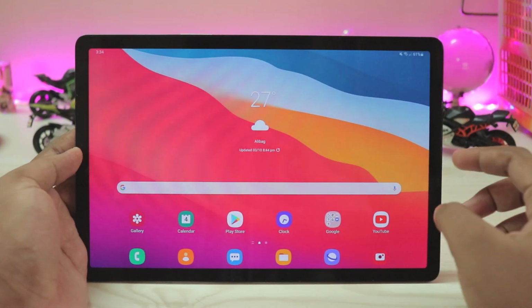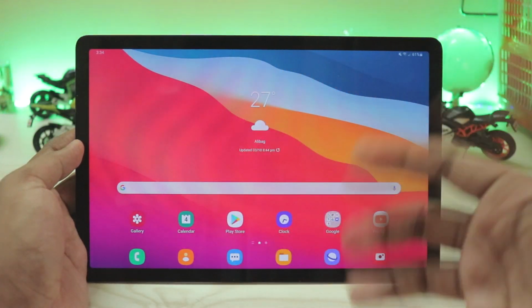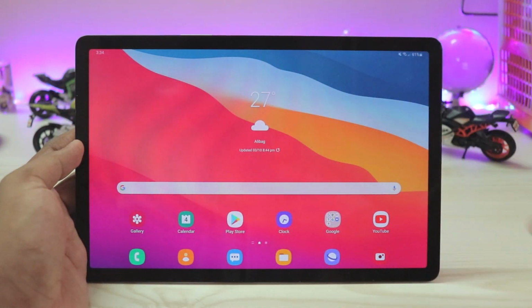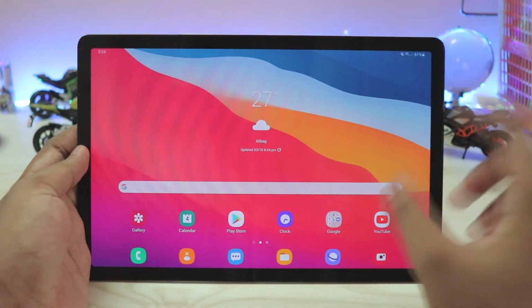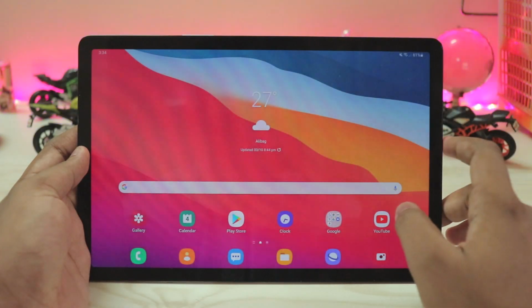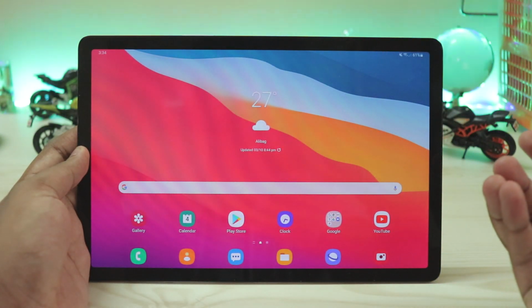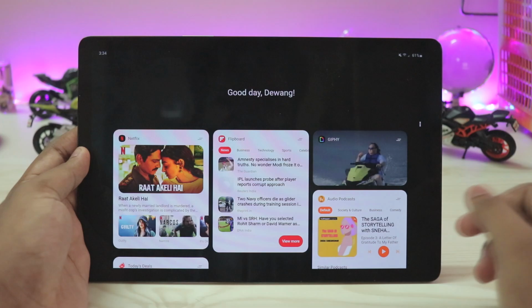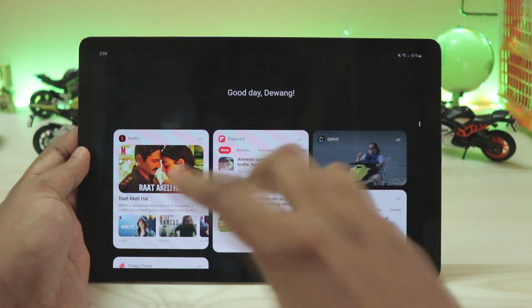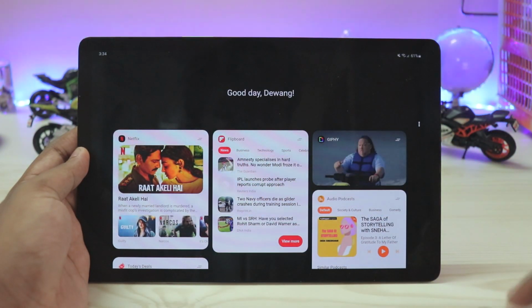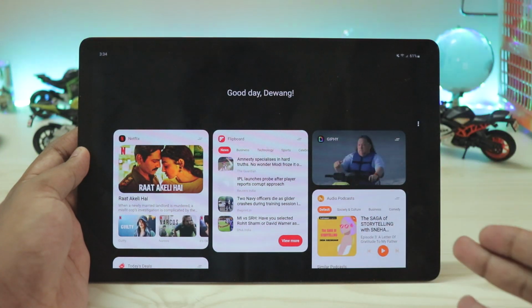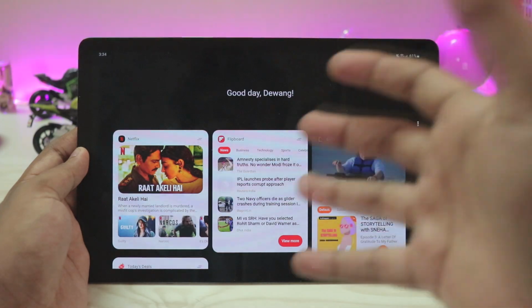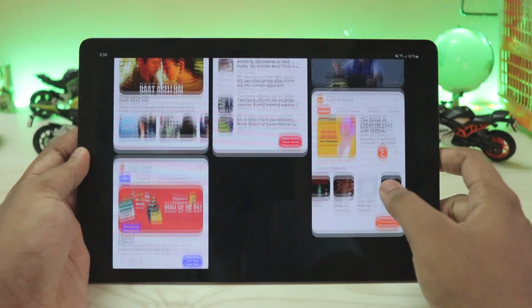Now there might be a few artifacts through the camera, like the lines over here. That's because the panel is so huge, the camera can't really focus everywhere. So sorry for that. Again, there could be a bit of lag overall through the UI because I'm using OLED saver in order to stop anti-banding. But over here, as you can see, if you now just go to the Samsung Daily, it's now in multiple parts, just like before in One UI 1.1. For some of the people who upgraded from Android Pie to Android 10 without formatting the device, it might actually have just one page like a normal Galaxy phone.